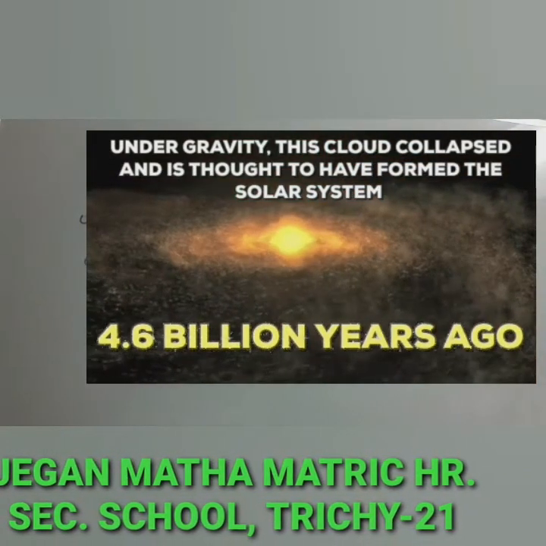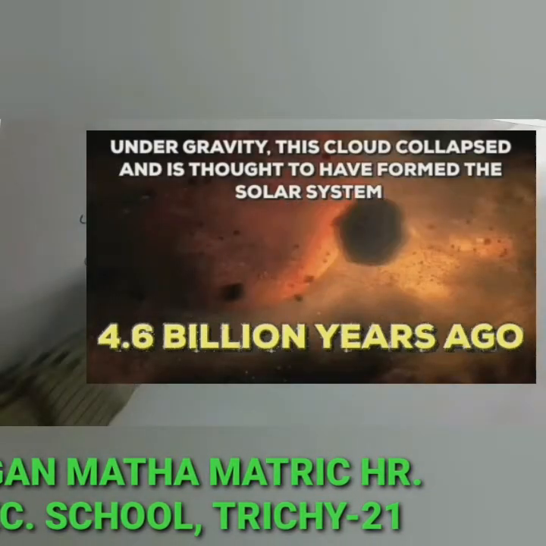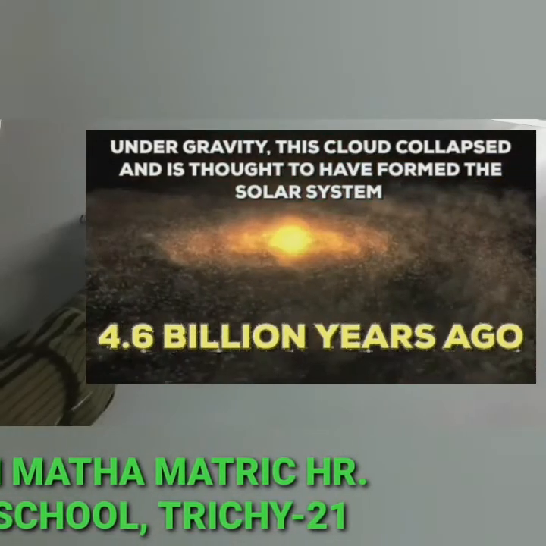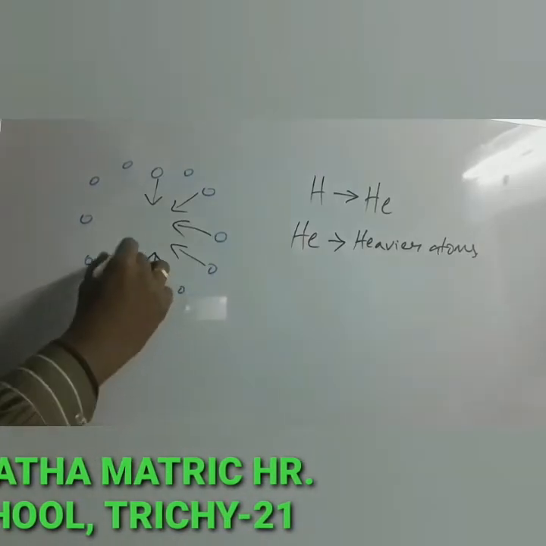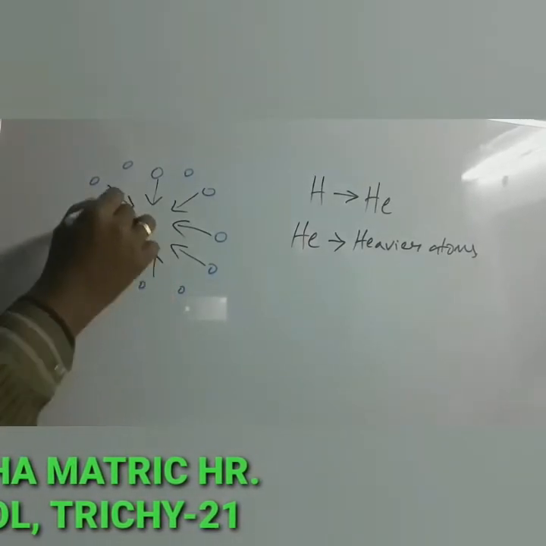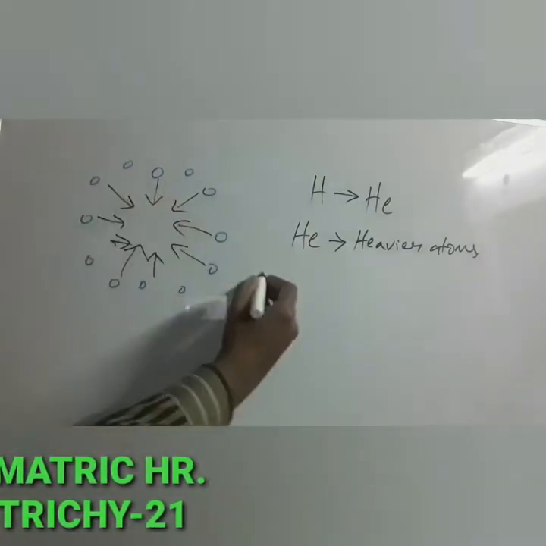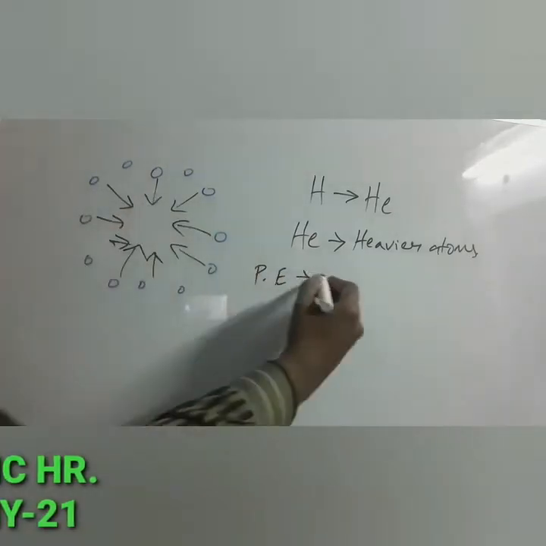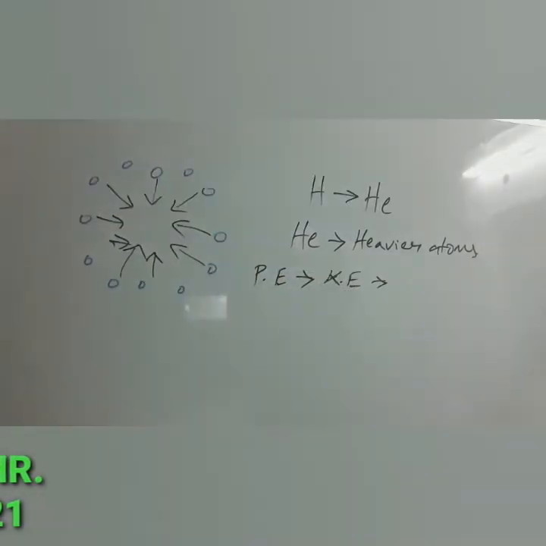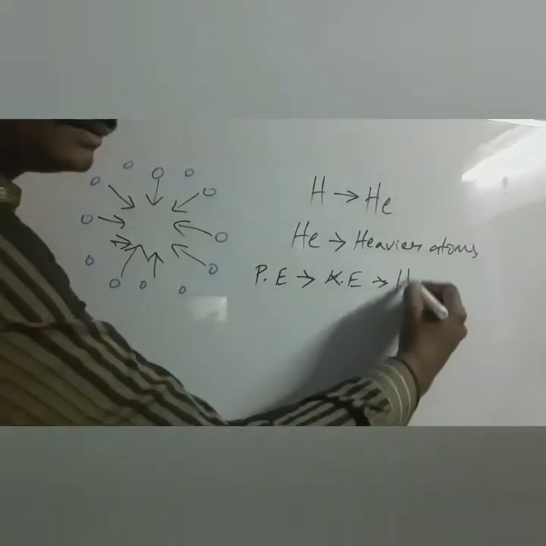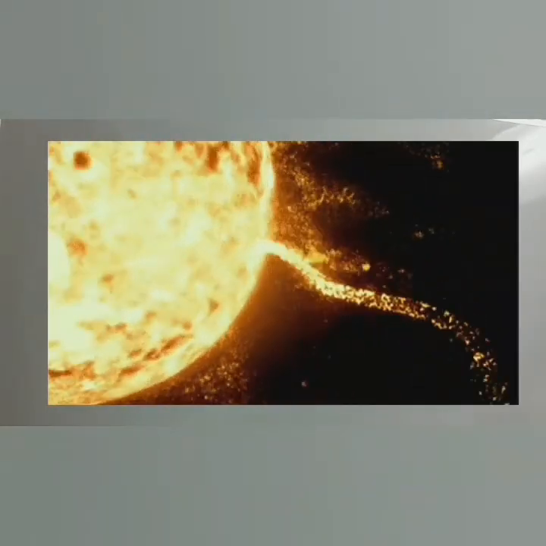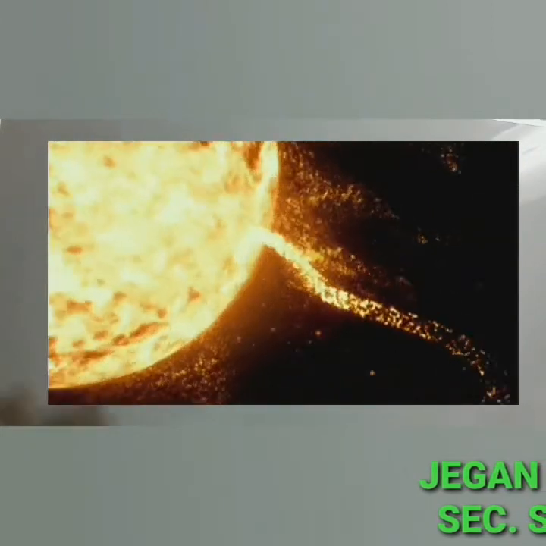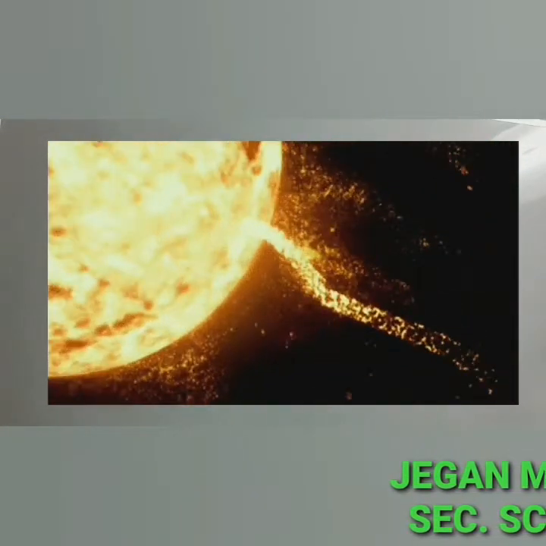The early stage of a star is in the form of cloud and dust. Due to their own gravitational pull, these clouds fall inwards. As a result, their gravitational potential energy is converted into kinetic energy, and finally into heat. When the temperature is high enough to initiate thermonuclear fusion, they start to release enormous energy, which stabilizes the star and prevents it from further collapse.